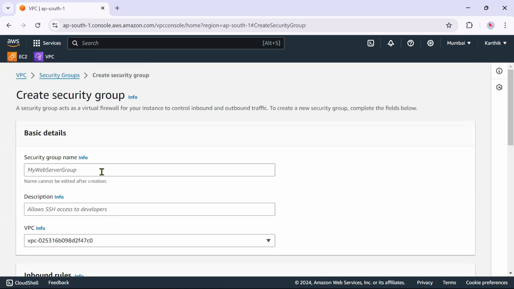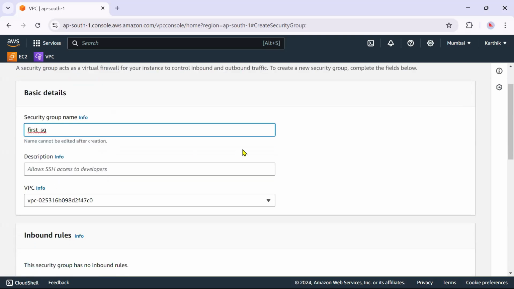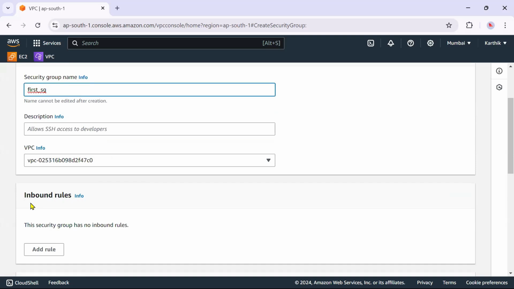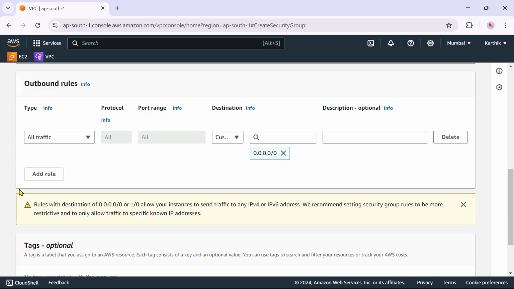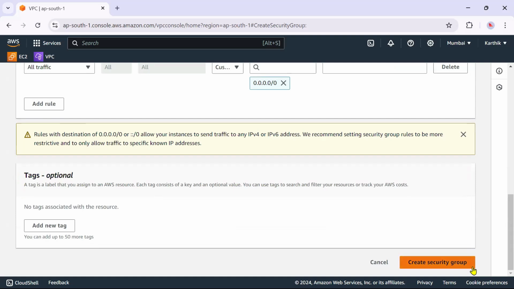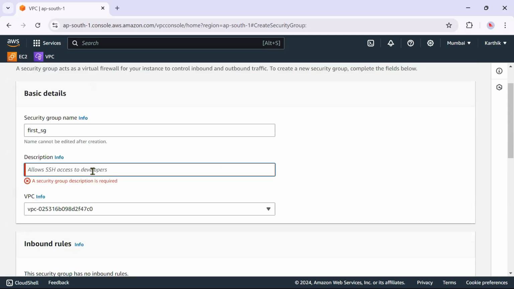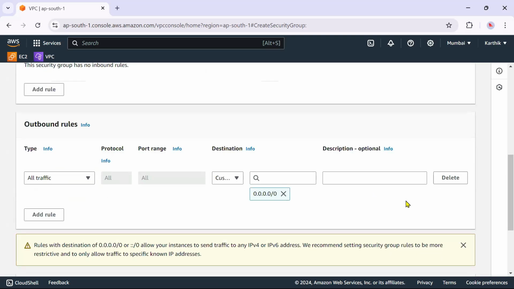You can provide any name, for example First security group. If you want to provide a description, provide that. I am just creating an empty security group now. Create a security group, allow access, and give some description.